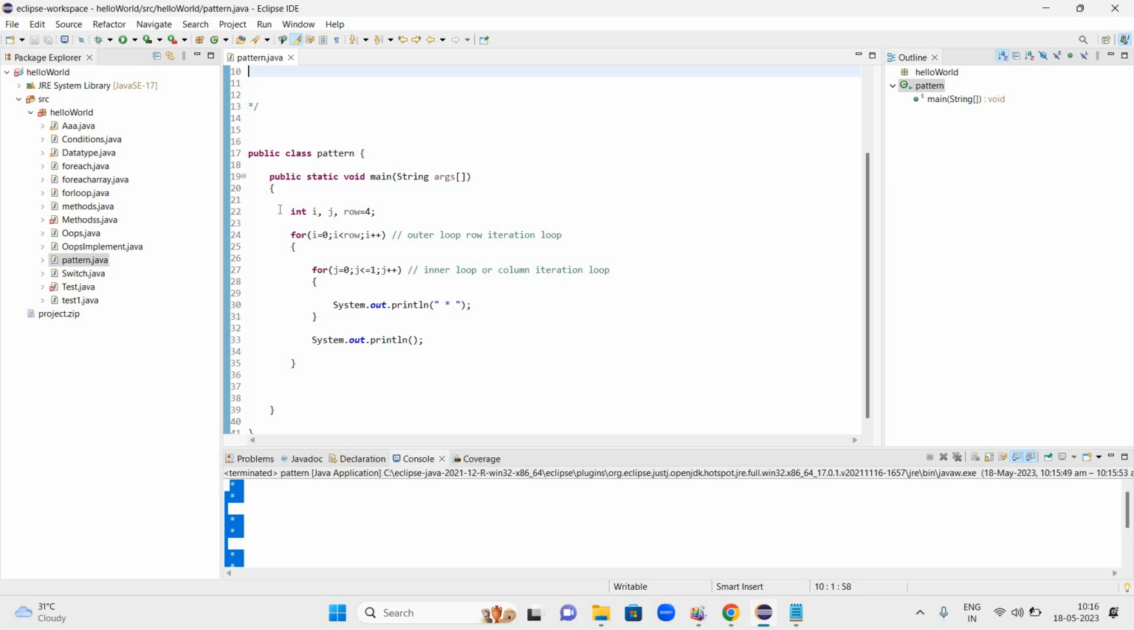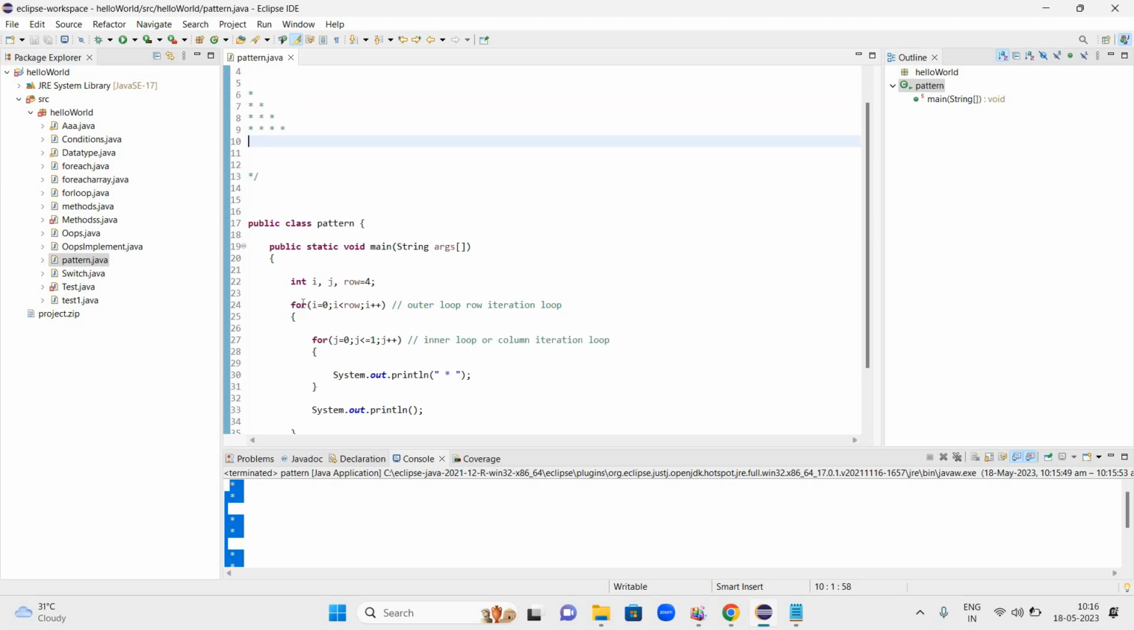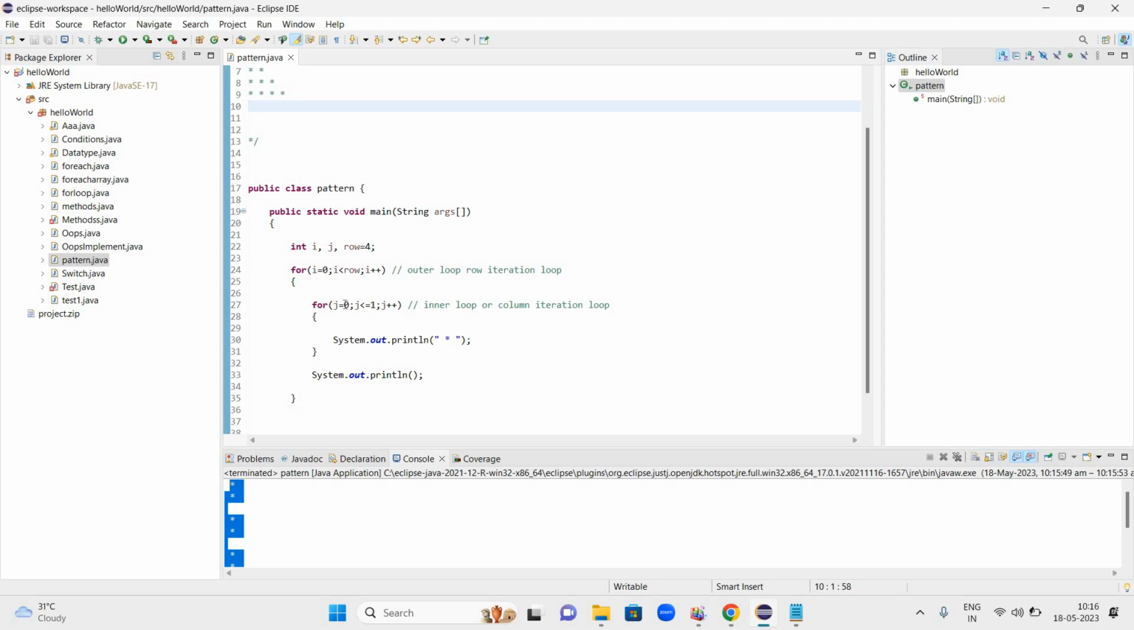We have initialized int i, fine. Then j, and row is equal to 4. That's fine. For the outer loop, i equal to 0, i less than row, fine. Then j equal to 0, j less than equal to 1. This is also fine. And then we are